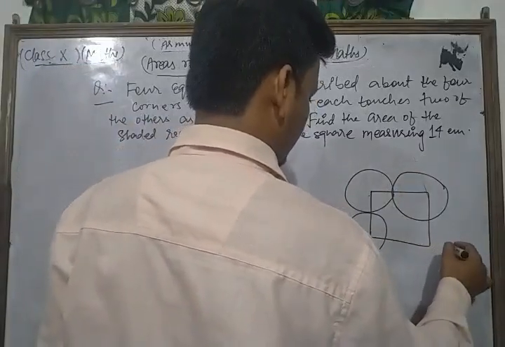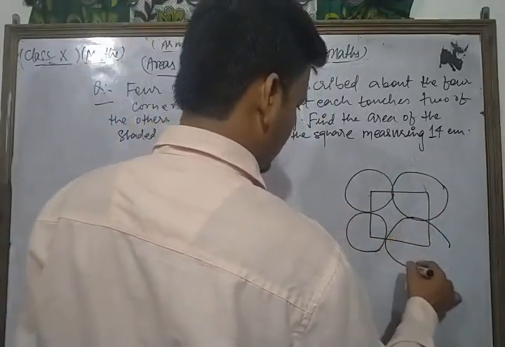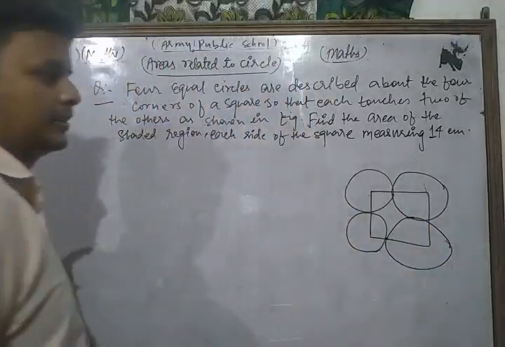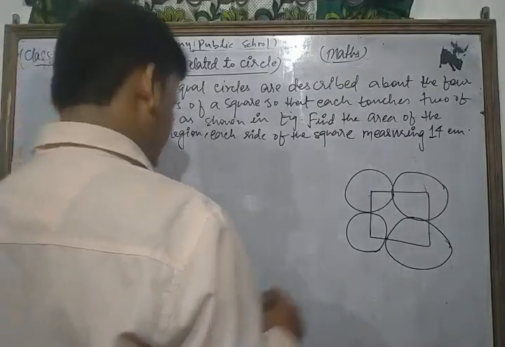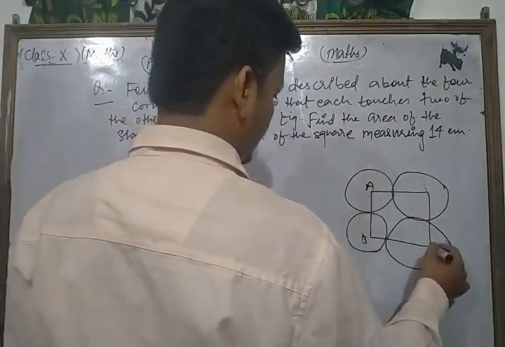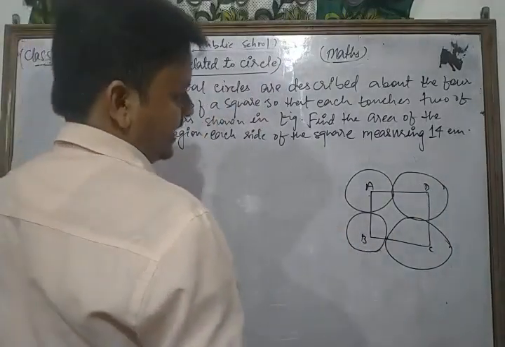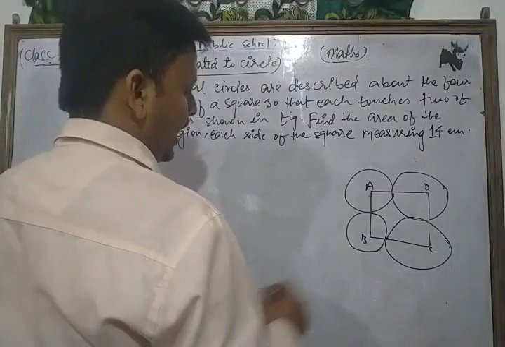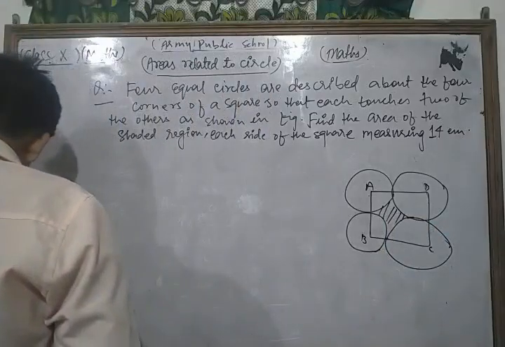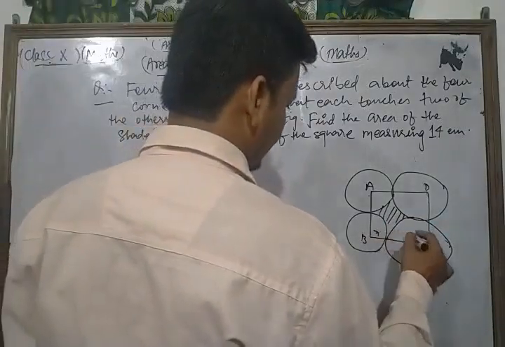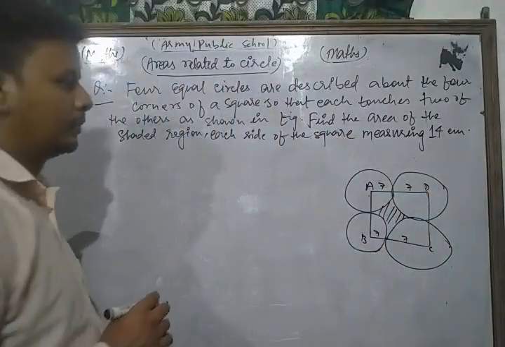This is how four circles touch in this way, at least two circles. And here this is A, B, C, D. Points A, B, C and D are the centers of each circle, and this is the shaded region; we find the area of that region. Now this is 7, this is 7, this is 7 and this is 7. This is a very important point: 7 centimeter is the radius of each circle.